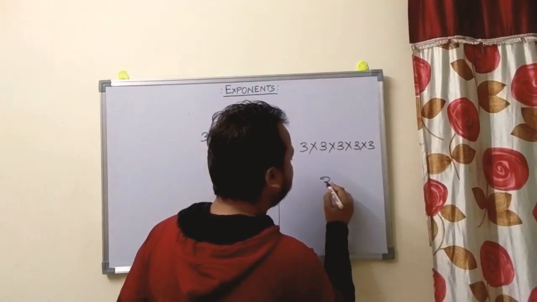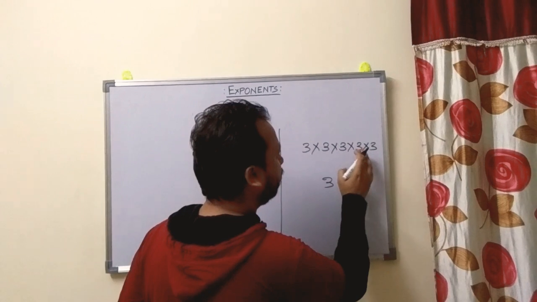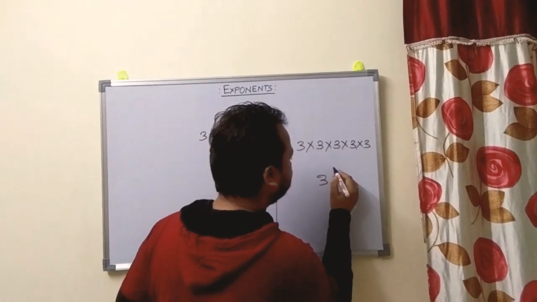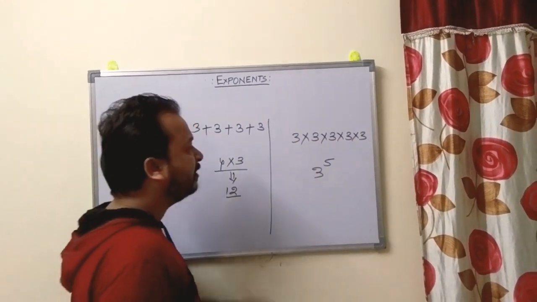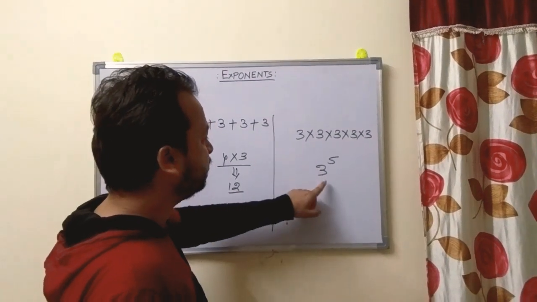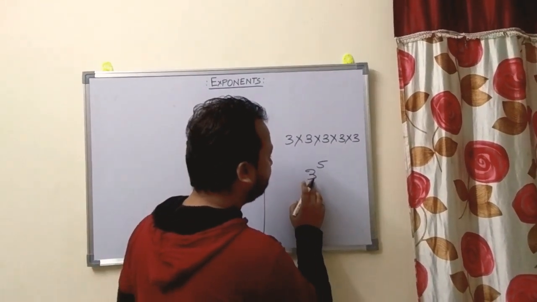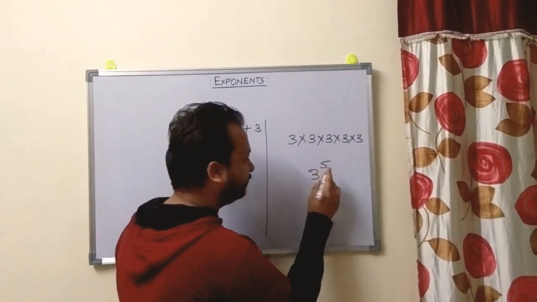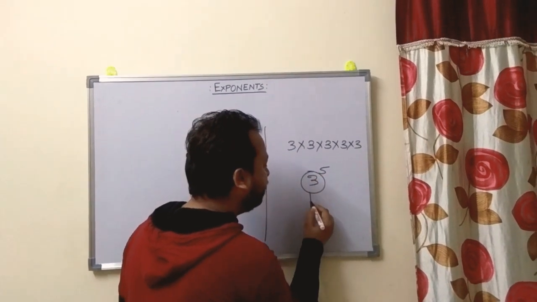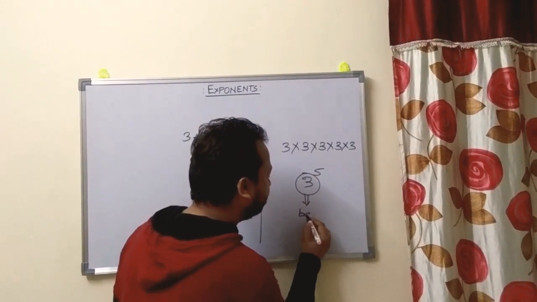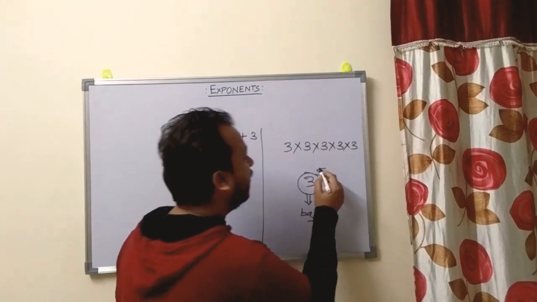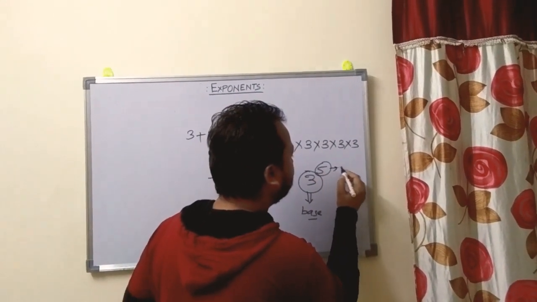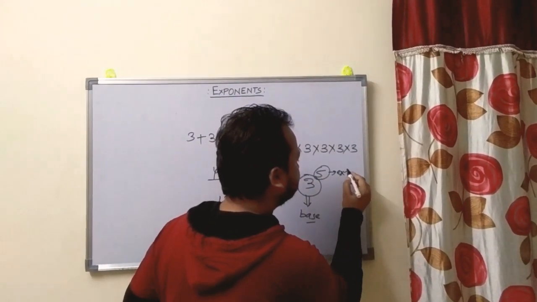Means 3 is written how many times? 1, 2, 3, 4, 5. Here 3 is written 5 times. So it is said as 3 raised to power 5, where 3 is known as the base, right? And 5 is known as the exponent,